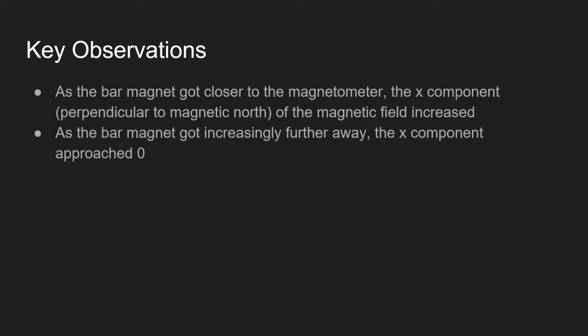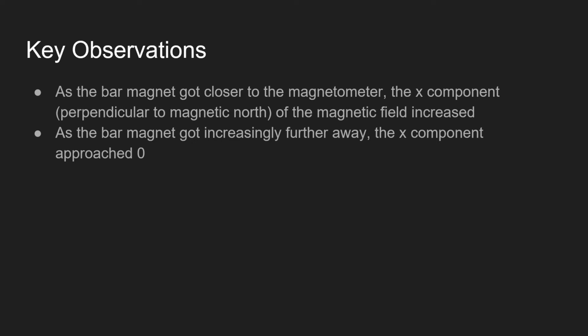Now, some key observations to be made during the experiment are in relation to distance, in that as the bar magnet got closer to the magnetometer, the x component of the magnetic field increased, and likewise as the bar magnet got increasingly further away, the x component approached zero. Both of these make sense, since we now know that the strength of the magnetic field was inversely proportional to